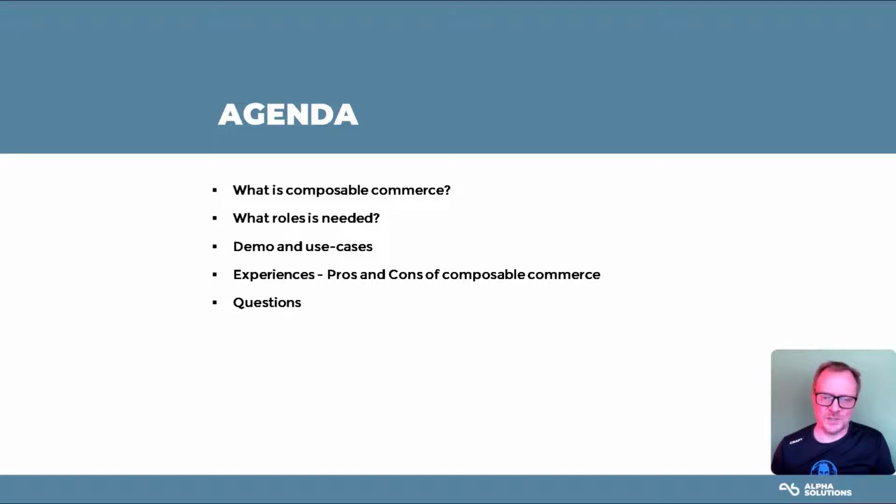Let's take a brief look at the agenda. Starting off with a quick definition of composable commerce and composability in general, making sure we start the presentation being on the same page, so to speak. Next up, a look into what roles are needed to build up a commerce storefront. Then the main part of the presentation, a demo where we'll walk you through some highly relevant use cases showing what role each of these composable components plays in that given use case. This is spanned through a checkout flow, abandoned cart, and subscriptions, and so on. And finally, I'll be taking some questions.